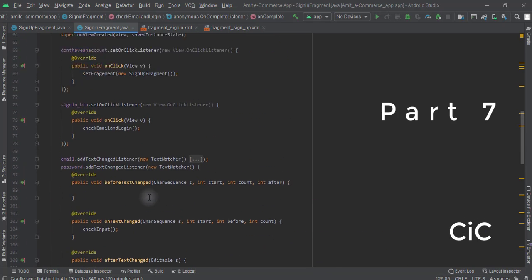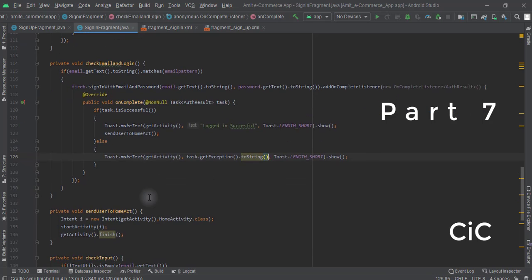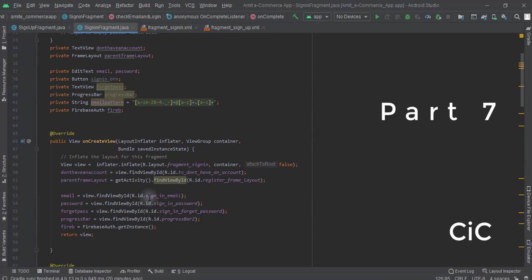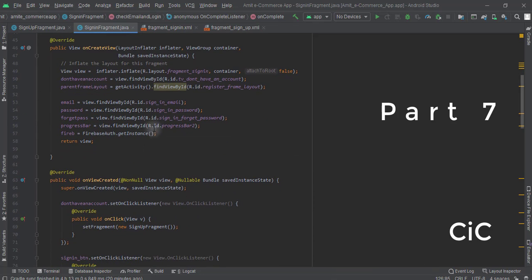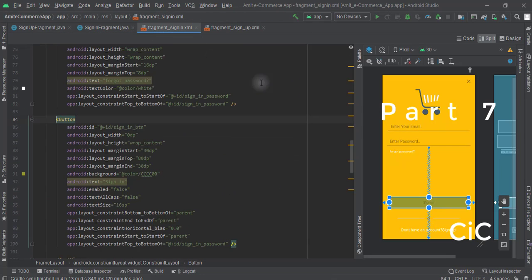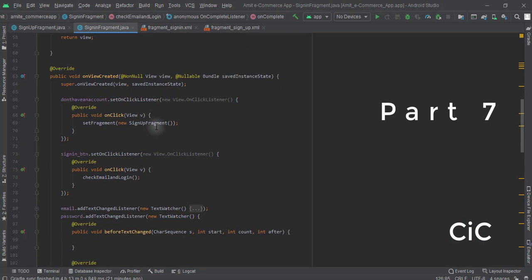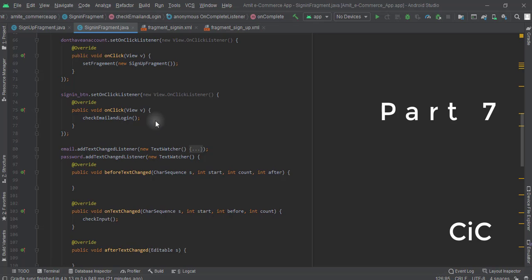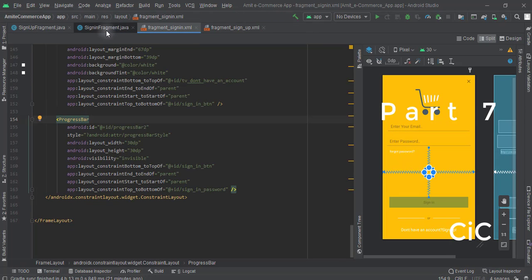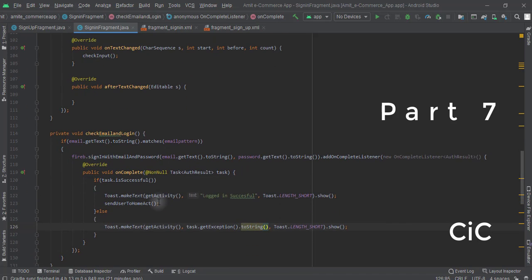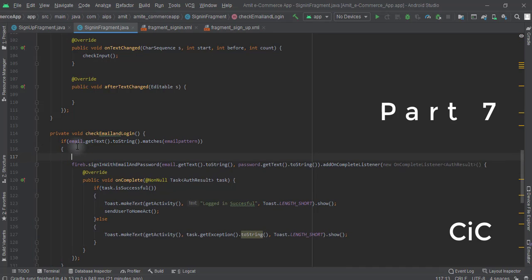Let's see if we have any error. Okay, let's run our app. I guess we are good to go. Before running, just one more thing is left, and that is this progress bar which we have created, and also we haven't enabled this button. I was rushing, I think. So here in the private void, if this condition is satisfied, let's enable this progress bar.